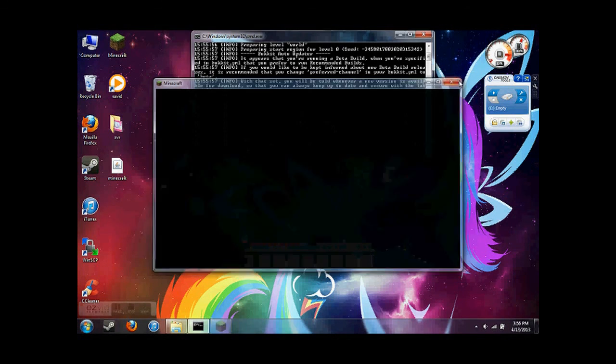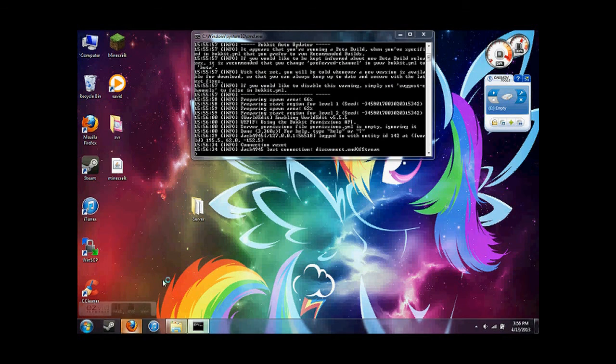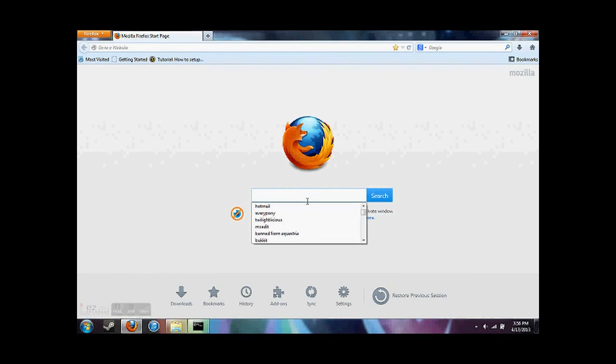So now the IP address that you will give out to your friends, so they can access your server from their house. Just a minute, you're going to want to